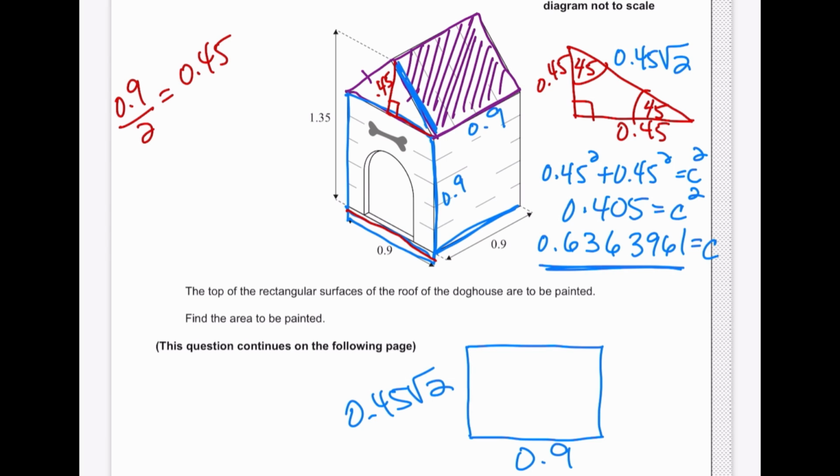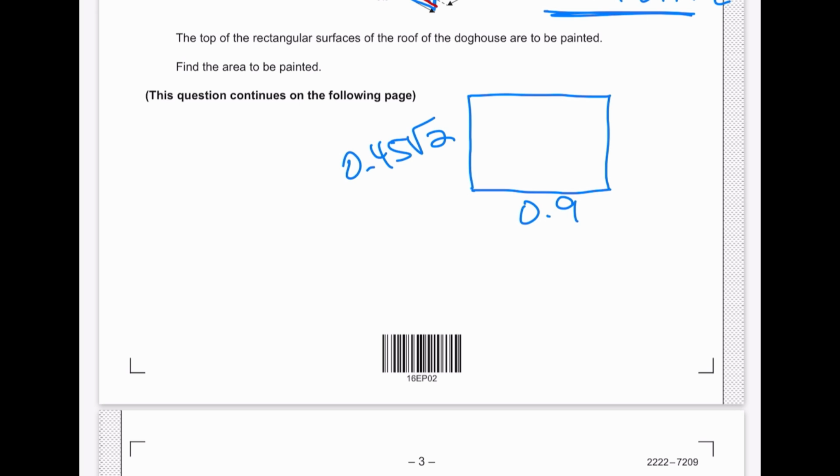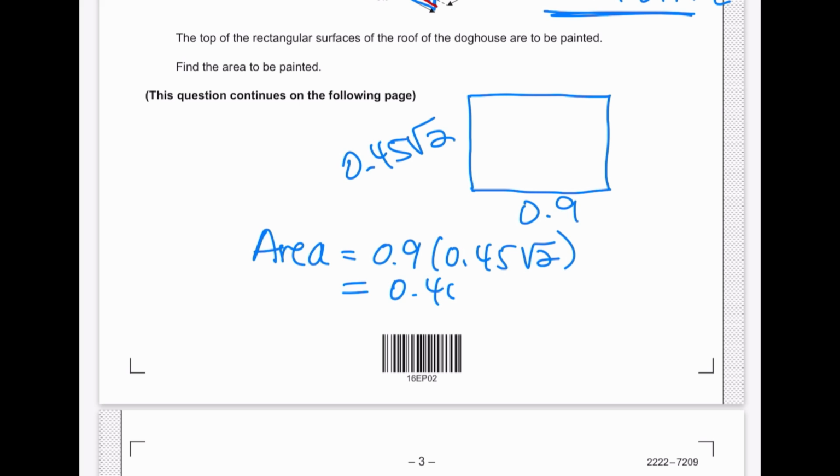So you can use that number as well. To figure out the area of one rectangle right here, I'm simply going to multiply 0.9 times 0.45 times the square root of 2. That's going to give me 0.405 times the square root of 2, which is approximately equal to